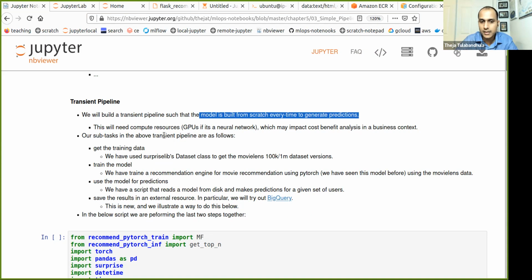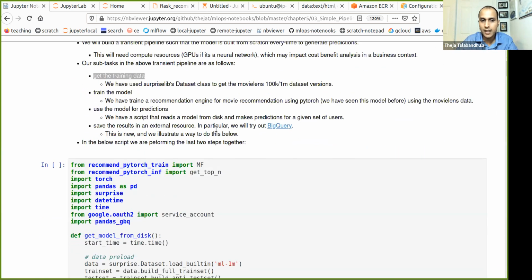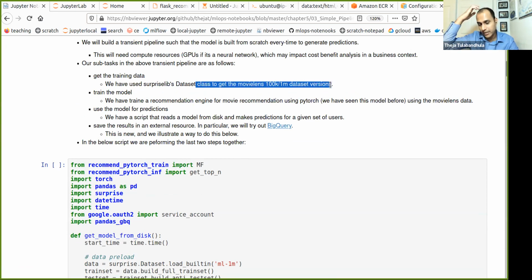Our subtasks in this transient pipeline are as follows, and we have already done this just before the break, as well as in the previous sessions. We're going to pick up the same model class. We'll use the recommendation example again here. For getting the training data, we already used a particular class in a package called Surprise Lib to get the MovieLens data.